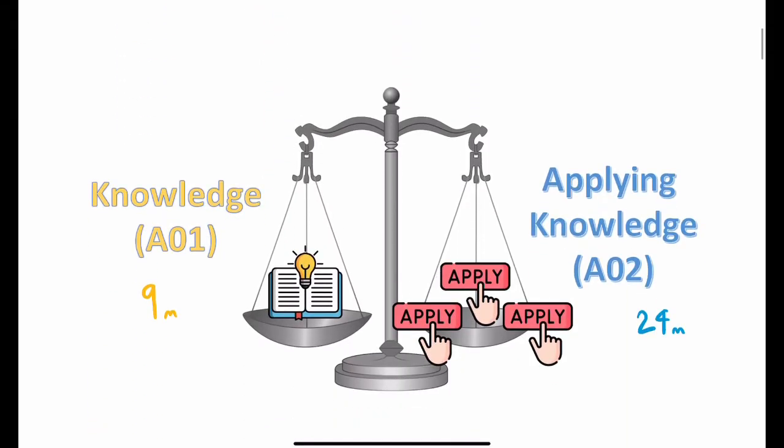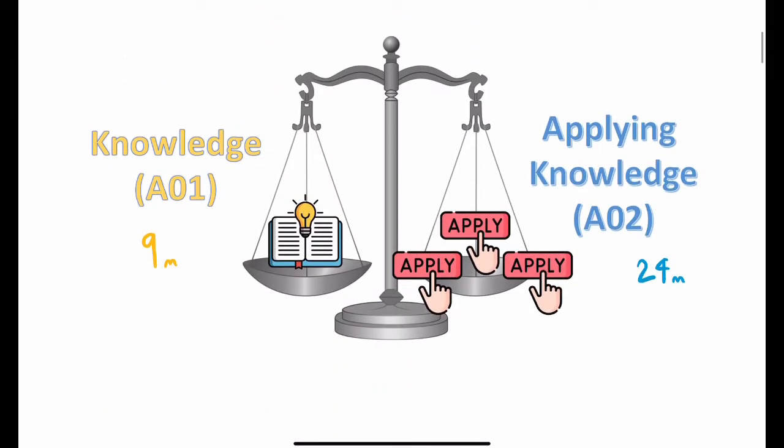In the last video, I talked about how these long extended essays are a balance of AO1, which is knowledge, and applying knowledge, AO2. Here it's the same, but we just have a heavier weighting for AO2. So it's 24 marks and 9 marks for knowledge. So the technique doesn't really change that much. It's largely about the quality and the depth of the analysis that will get you those higher marks.